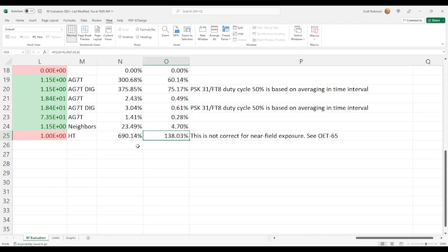And I have another thing to hand around, which you guys need to see. You can get this on the web, just like the OET bulletin. What that is, this is the guidance given for mobile and portable stations based on the change in the regulation. So there are 2 ways of getting evaluated in this. One of them is specific